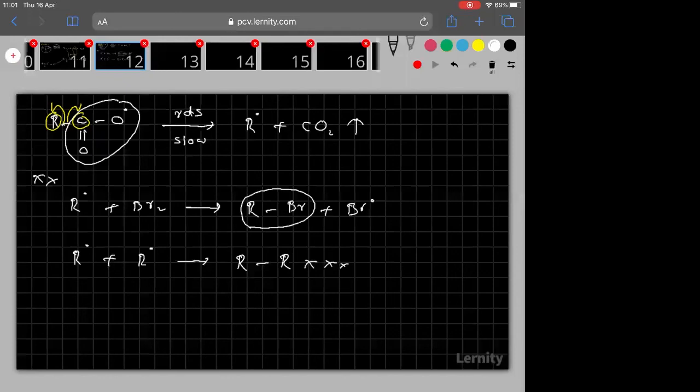And one more important point. Remember everyone, see, let me mention, if R is tertiary, then what happens? The major product will be ester. If R is tertiary, haloalkane will not be formed. Ester will be formed when R is tertiary. This is one important point to be noted in this reaction. If R is tertiary, then ester formation takes place. How? In the next slide I will show you.